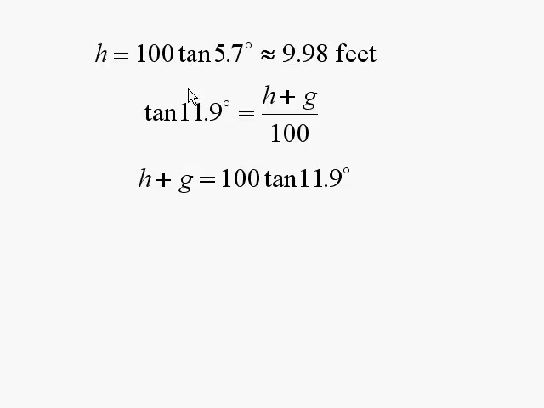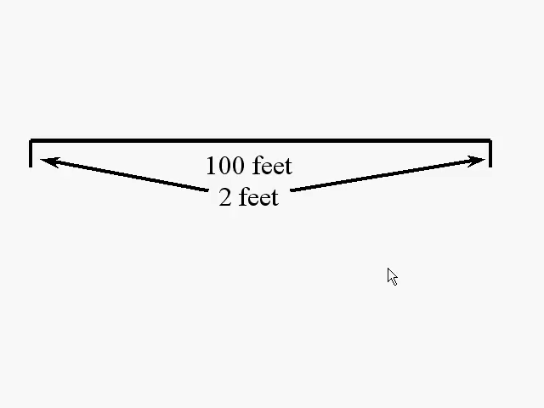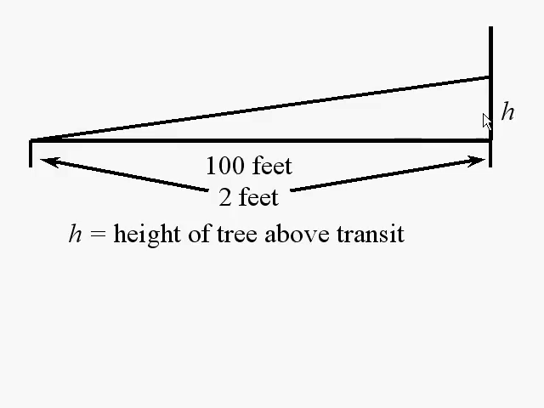I want the picture. Let me go to the picture. This is what I want to think about. 100 feet as the base, the distance out from where the tree starts. 2 feet up from the ground for the height of the transit. H for how high that tree is after the first year,